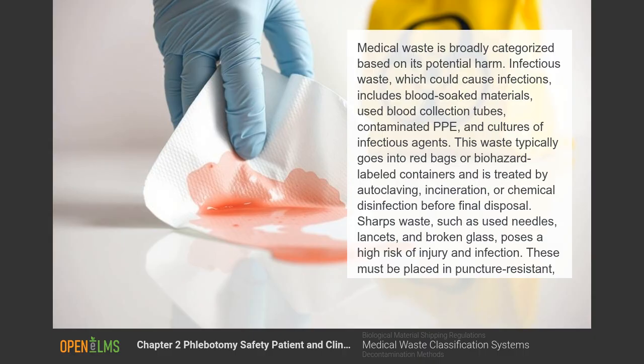Medical waste is broadly categorized based on its potential harm. Infectious waste, which could cause infections, includes blood-soaked materials, used blood collection tubes, contaminated PPE, and cultures of infectious agents. This waste typically goes into red bags or biohazard-labeled containers and is treated by autoclaving, incineration, or chemical disinfection before final disposal. Sharps waste, such as used needles, lancets, and broken